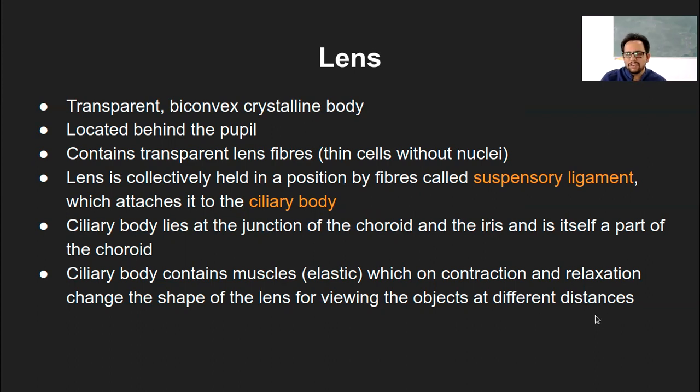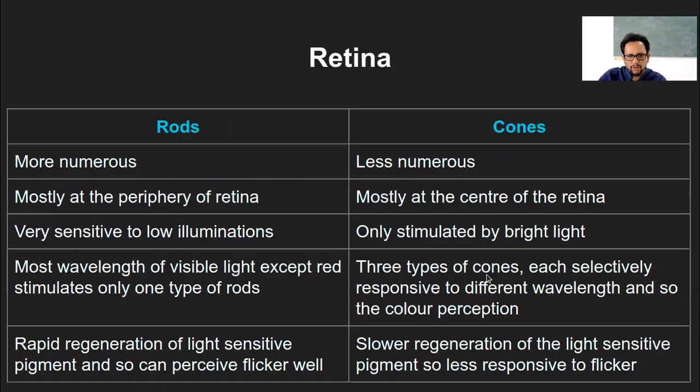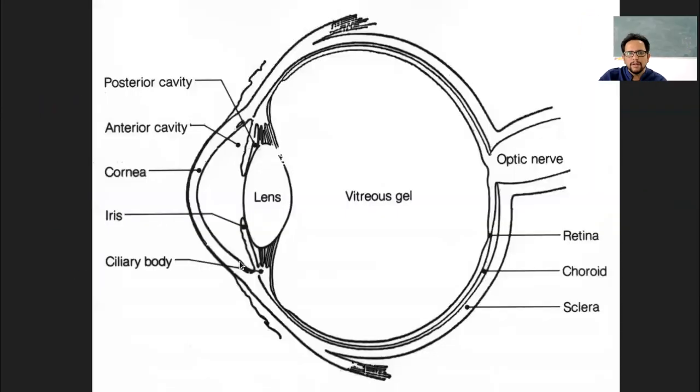Like sometimes you constrict your eyes and try to look at things, or you make them wide open and then try to look at things. So that particular concept happens because of the ciliary muscles which are present around the lens structure. So again, just to show you this whole part. This is the lens which is held by this ciliary body, and this filament or ligament-like structure, that is the suspensory ligament, and it is present on both sides.